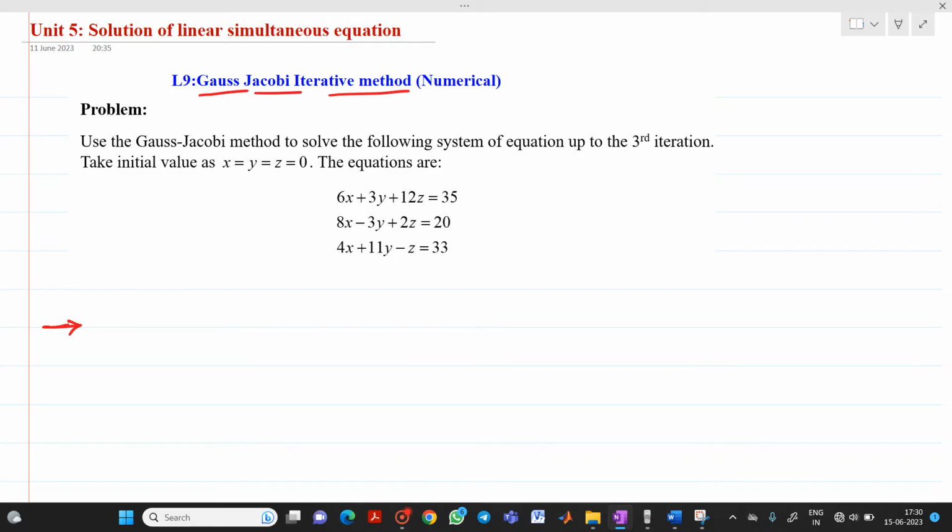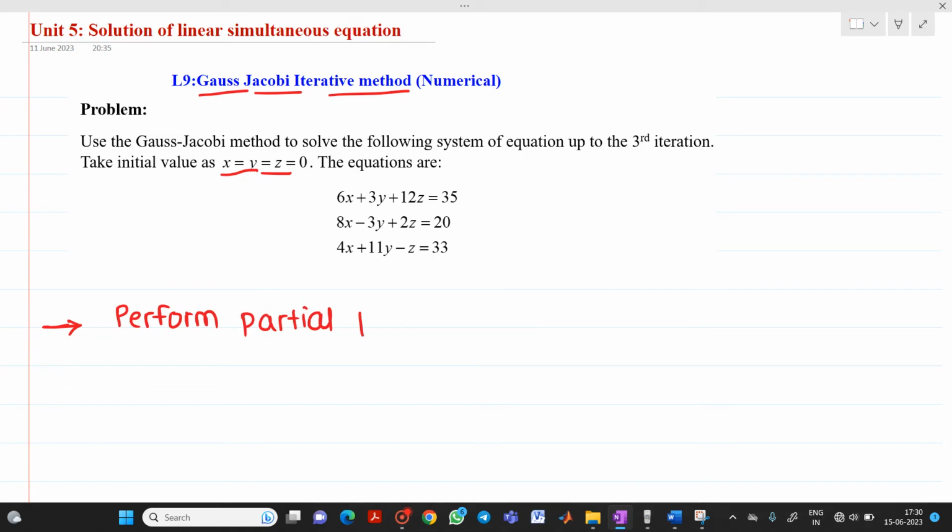Take the initial value as x equal to y equal to z equal to 0, and the equations are 6x plus 3y plus 12z equal to 35, 8x minus 3y plus 2z equal to 20, 4x plus 11y minus z equal to 33. So while solving this, first what we have to do is perform